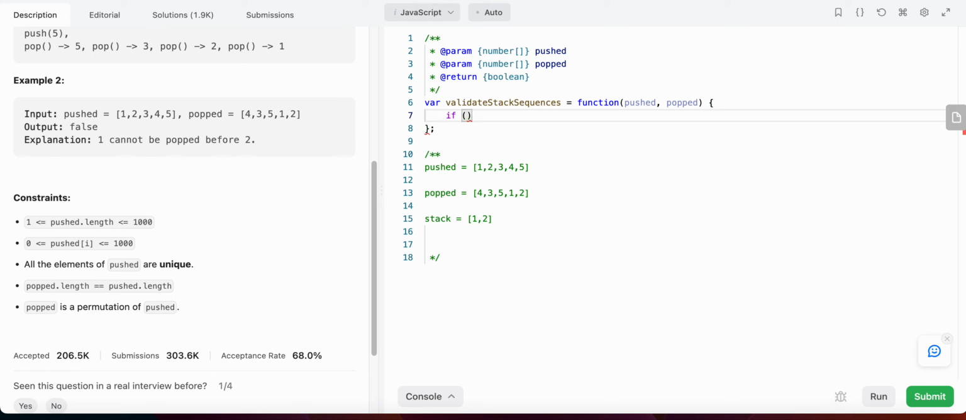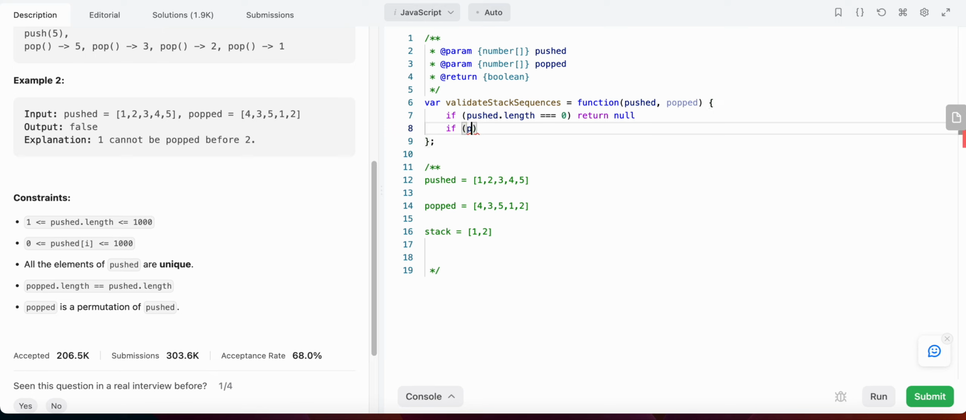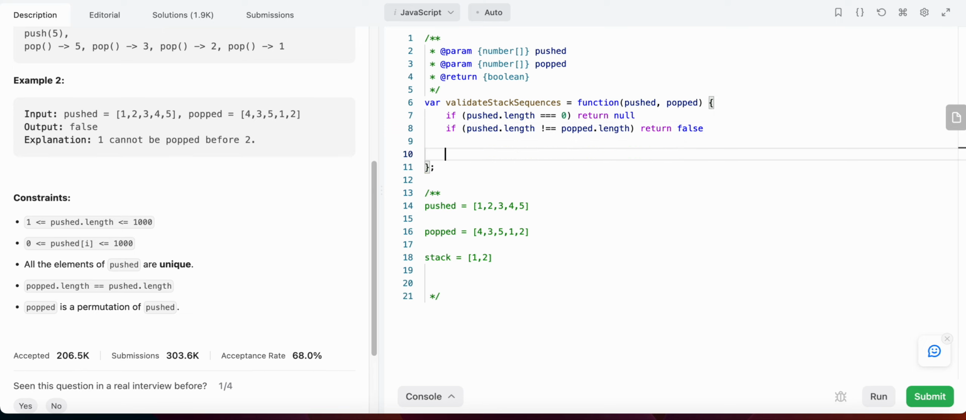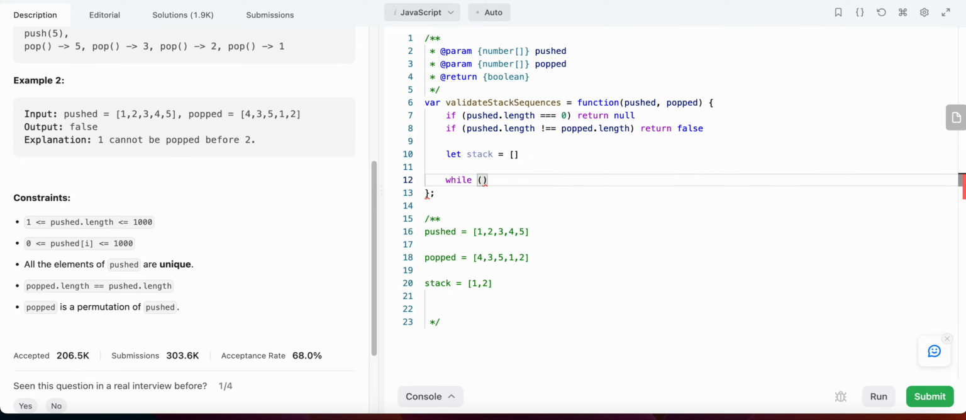So we check if pushed.length is equal to 0, we return, maybe we are going to return a null here. And if pushed.length is not equal to popped.length, then that is when we are going to return a false. Right, now we need a stack where we are going to perform our push and pop operation, and then we are going to perform the operation while i is less than